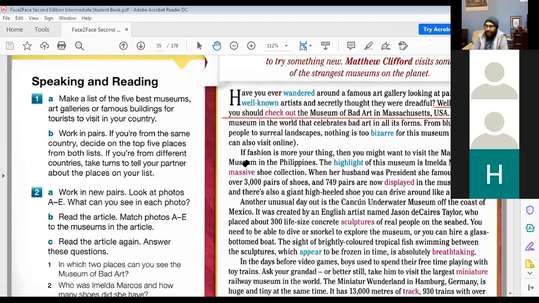All right, massive shoe collection. Huge or large. Big. Correct. All of them are good adjectives, good synonyms. All right, are now displayed in the museum. Show